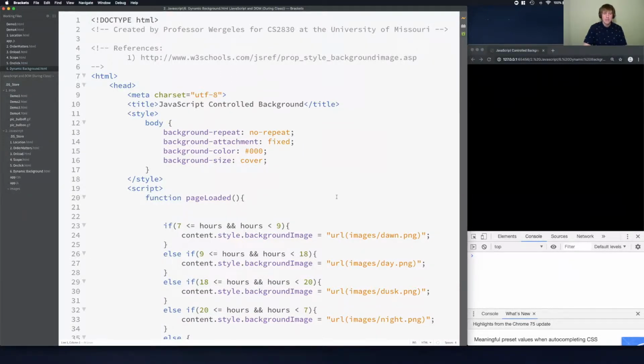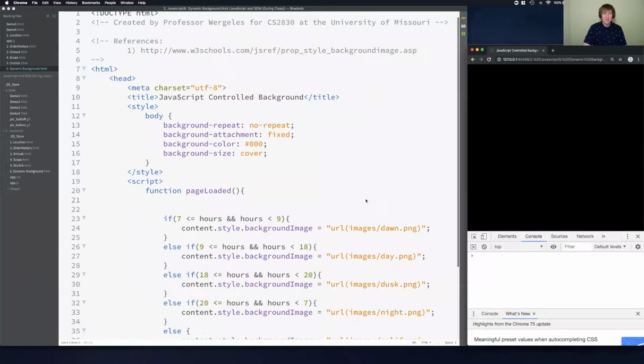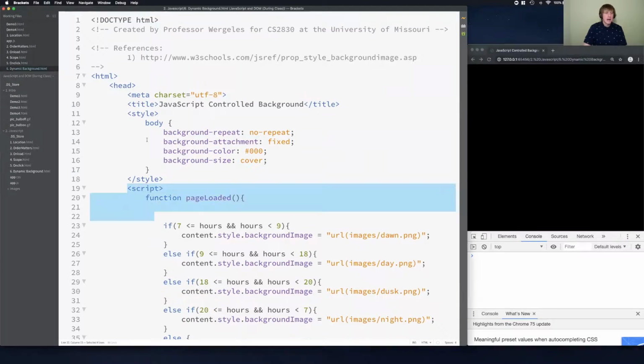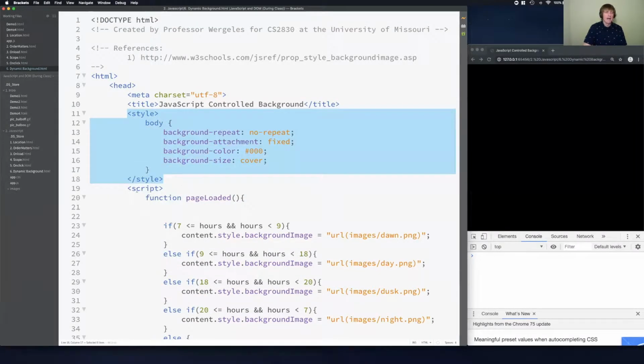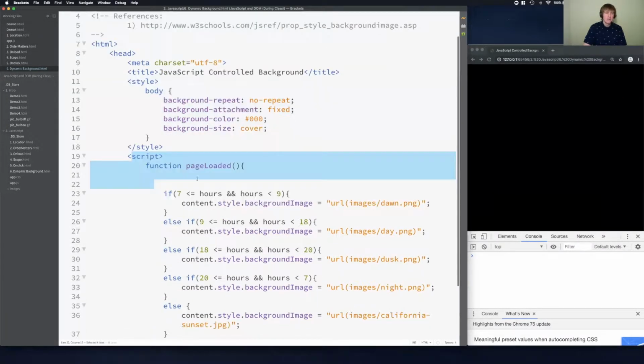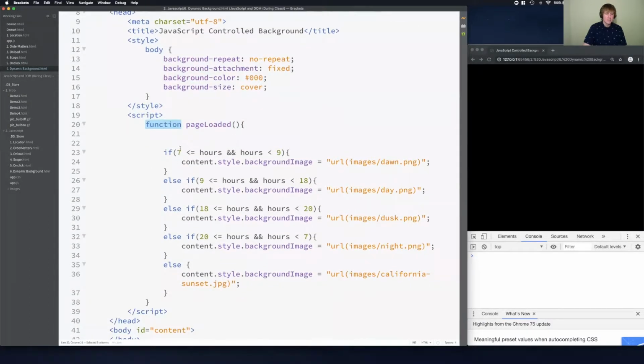So here, you're going to see I have a black background, and I have the 5 required tags. I have internal styles, and I have internal JavaScript. You'll see I have a function declaration that's called page loaded. Once the page is loaded, I'm going to start comparing the hours. So you see if the hours is greater than 7 or less than 9, I'm going to change the background